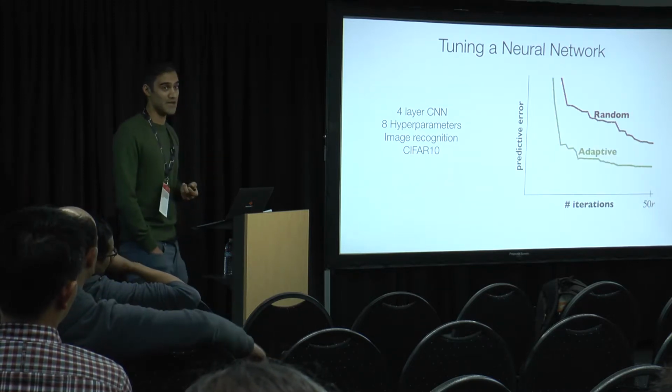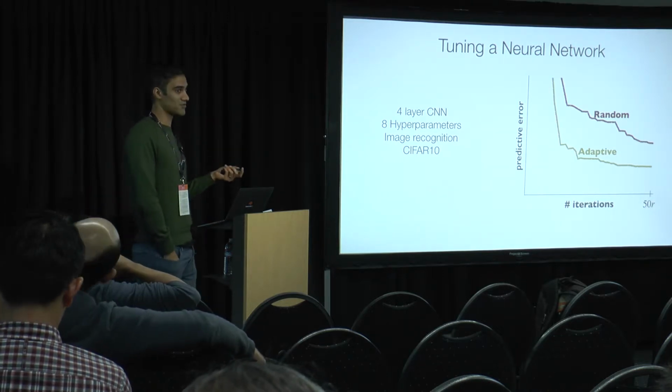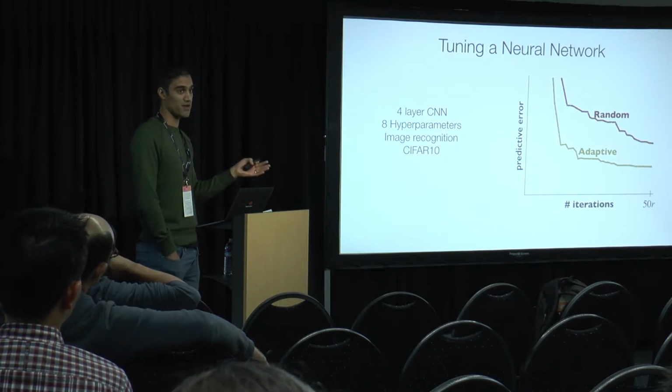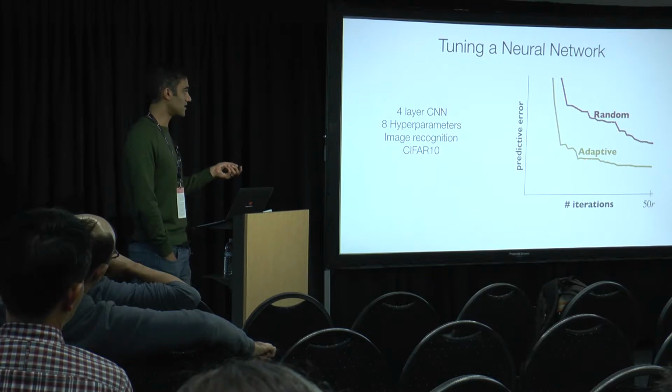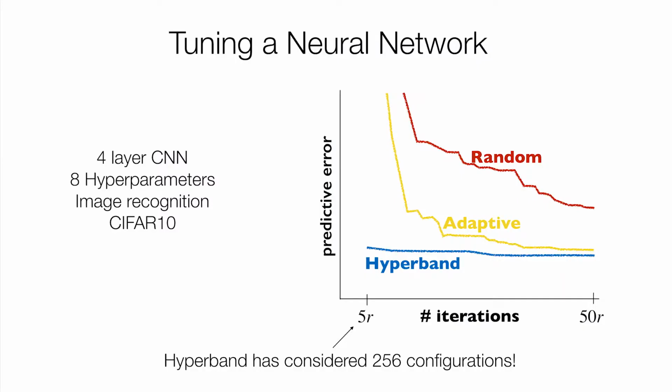We tried a bunch of different adaptive methods. We looked at a bunch of different data sets. For this particular data set, this algorithm called SMAC early was the one that looked the best. In other data sets, different adaptive methods worked better or worse. But roughly, we did see some benefit of using adaptive over random. But then this is what we see with Hyperband.